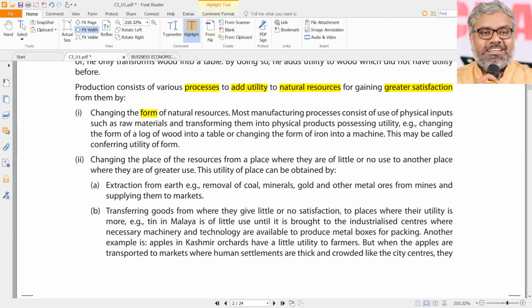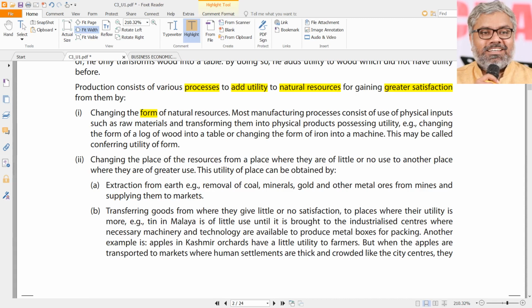Definitely when we talk about cloth, could be of any material, say cotton. Look at cotton, how it looks, and look at cloth, how it is. Completely different form. What is the use of cotton? If somebody gives 100 kgs of cotton to us, what are we going to do with that? Nothing. If that cotton is converted into a cloth, and if that cloth is stitched, then we can definitely use it to wear.